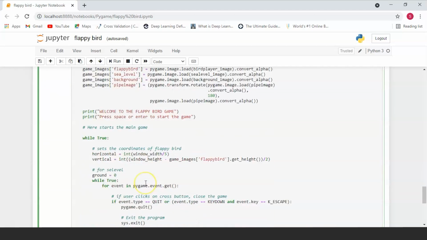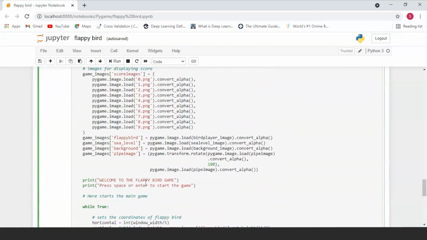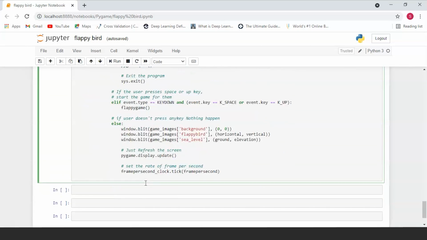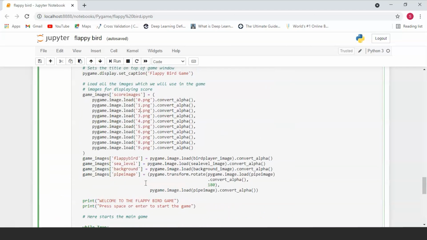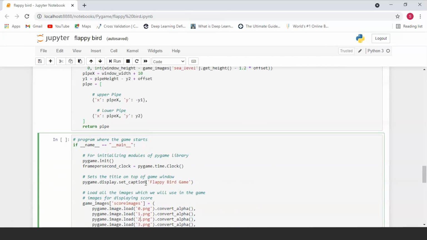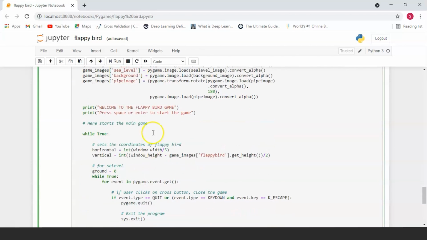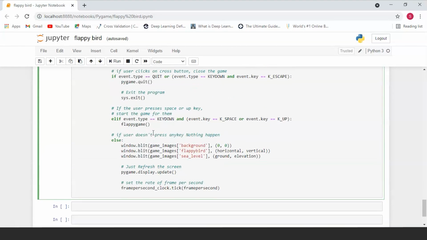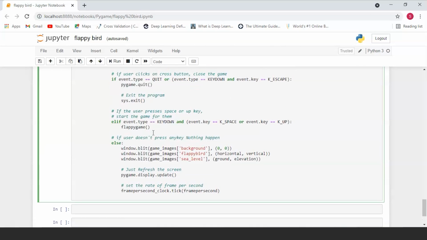And finally, here we have our main game loop, which is going to be calling all of these various functions that we've created and which is going to terminate their runtime the second that the game gets over. And then following this, we're going to be exiting the Flappy Bird game.